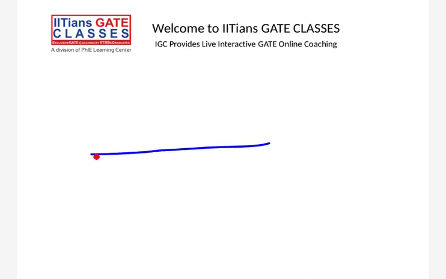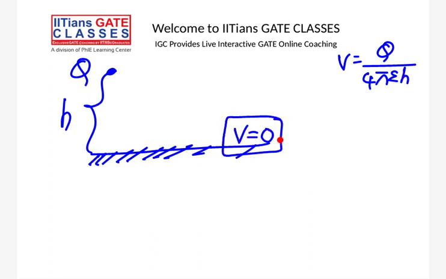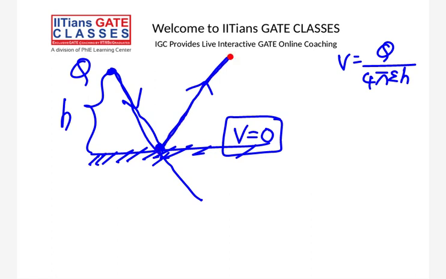So this is your conducting ground plane. You have placed a test charge of q coulombs. Ideally speaking, q is there at some radial distance, and the potential of q by 4 pi epsilon into h should be present. But as I mentioned, the ground is maintaining its potential as 0 volt. This is happening because whatever electric field is created by this charge, the moment it hits the conducting plane, everything will get reflected back. Because the conductor doesn't allow any electric field into the next medium, whatever is incident on the conductor is going to be reflected back.